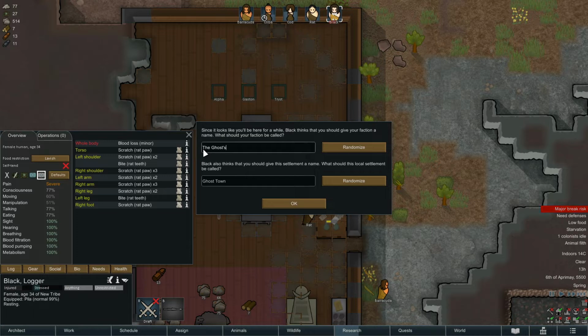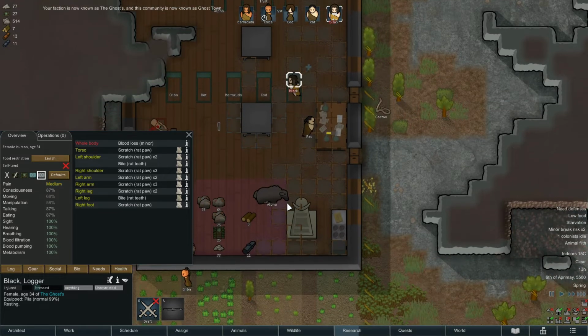All I've done is change the names here. I've decided to name the faction the Ghosts for obvious reasons, and this will be Ghost Town because I'm going for a bit of a town plan in the future anyway. So we'll hit OK on that. And then we need to